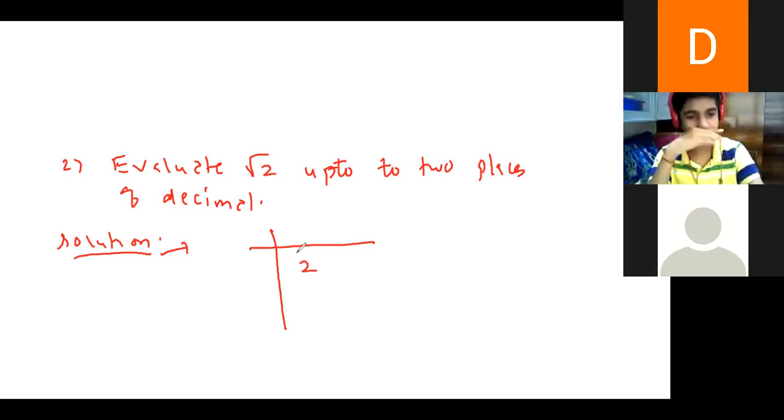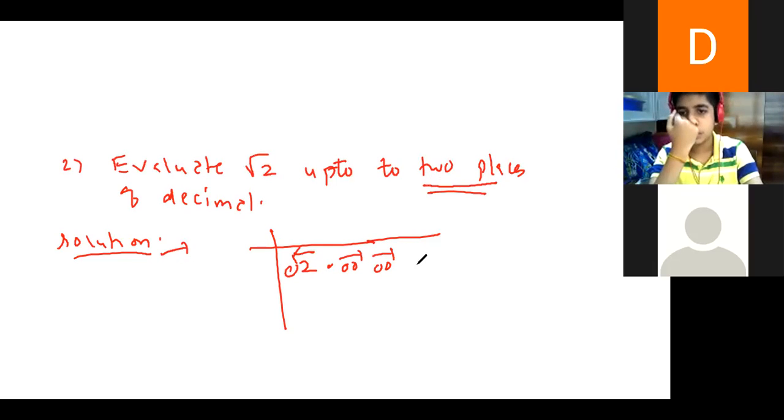I want in decimal. Can I form couple with decimals? Yes, sir. Decimal, 1 0, 0, couple, 0, 0. 2 couple. How many couple you will take? 2, three, 2 couples only. 3, because 2 places you want, na? So you have to find answer up to 3. Sir, why 3? If we do it with 2, then we will get the answer. You will always get answer. But whenever it is up to 2 places of decimal, we have to check whether third place is greater than 5 or not. Sometimes it happens like we get wrong. So if I get here 6, and then it is wrong na, if I delete this. Yes, sir.